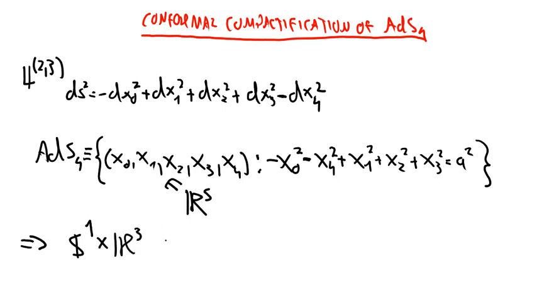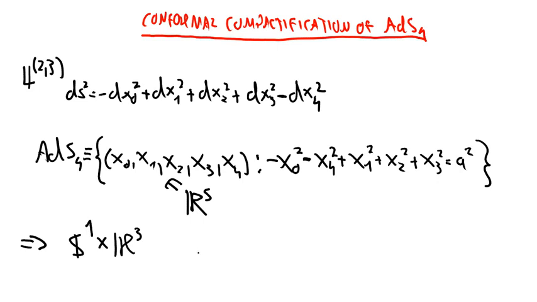This is independent of the metric. I mean, forget about the metric just for a moment and just concentrate on this definition, the set of points of R5 such that they satisfy this condition. Okay, well, this is enough to show that the topology of this set is S1 times R3. I'm not going to give a formal proof of this, but